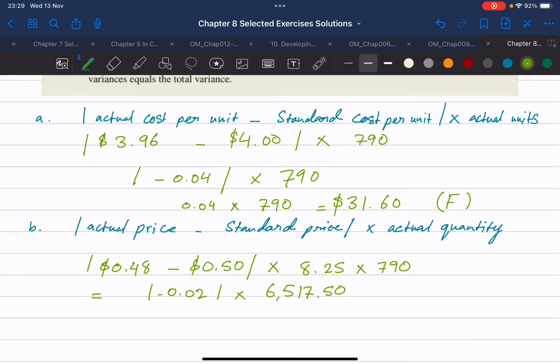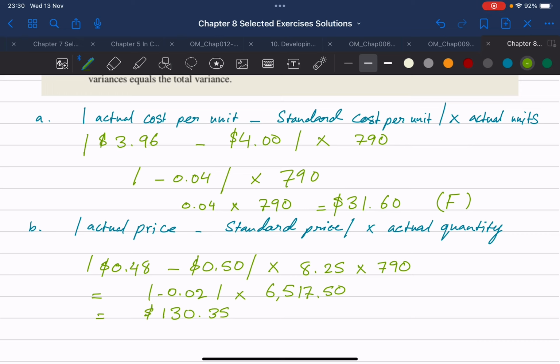Okay, so that's the total number of roses that the business had to use. Now we'll multiply that by 0.02, and we will get a variance of $130.35. Okay,